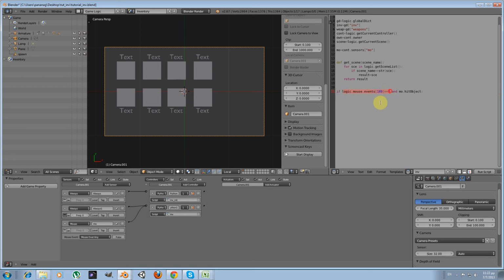So I'm saying if the left click button was pressed, and there was an object under my cursor, then first of all check if it has the property slot. Okay, if it has the slot property, then what we are going to do is assign the mesh that is held in each slot to the active weapon. So we are going to write a move hit object,